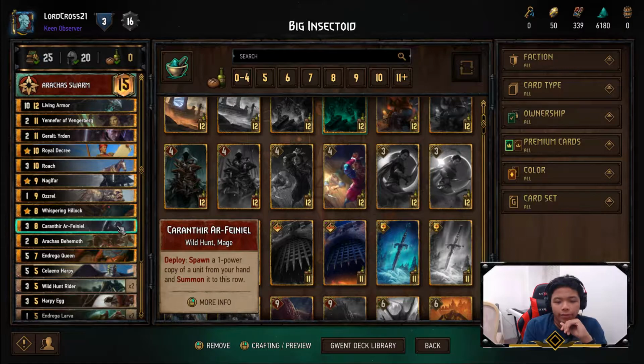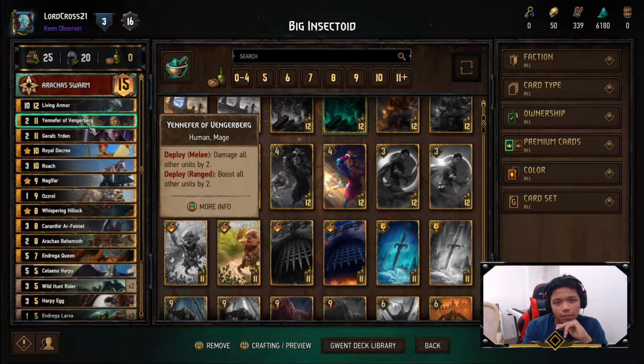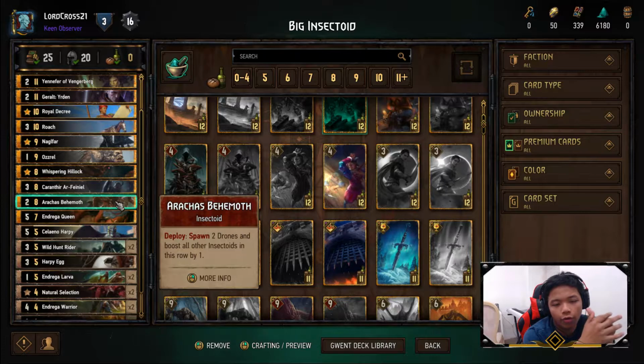Next is Caranthir. We kind of already went through what he does, so you have the idea of how strong he can be in this deck right here. Next is the Arachas Behemoth. Good for that control. You're already guaranteed